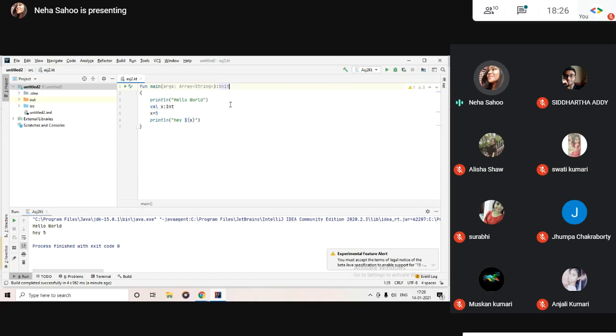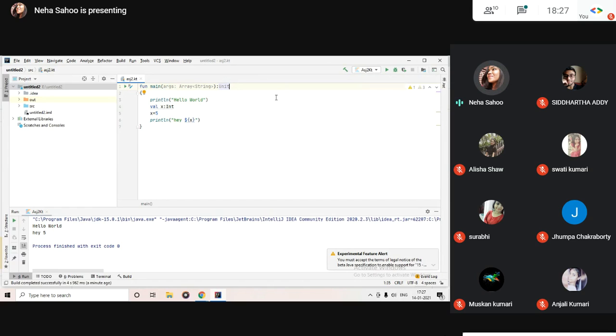You can see that the file name is small a sj2.kt, but when we run it, it changes the first character to capital. The reason is that the JVM converts it into a class file, and conventionally, whenever we define classes, we write the first character in capital. So that is one thing you must know about Kotlin.